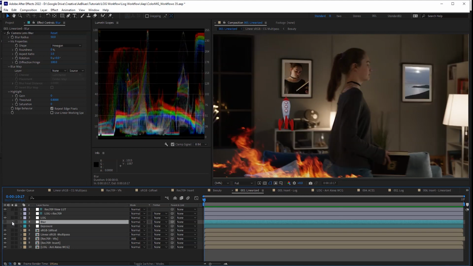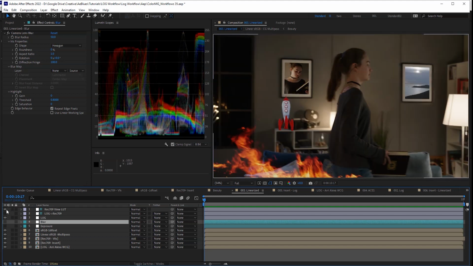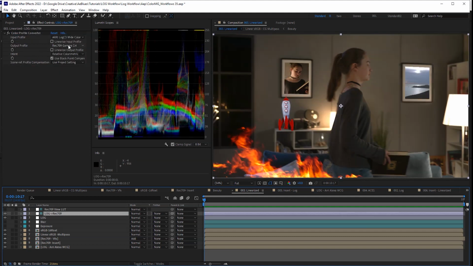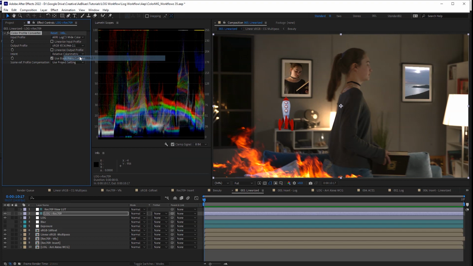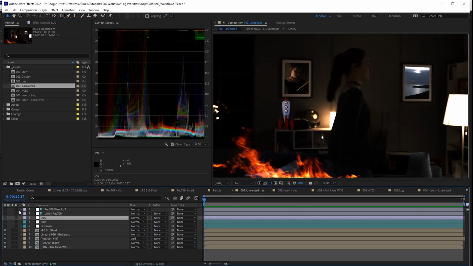When we need to render, we can export to any format we want, to log or to Rec 709 with a LUT, or we can use any of these presets like sRGB, maybe add exposure before to just fix the highlights. And I can also export to linear. When you export to linear,